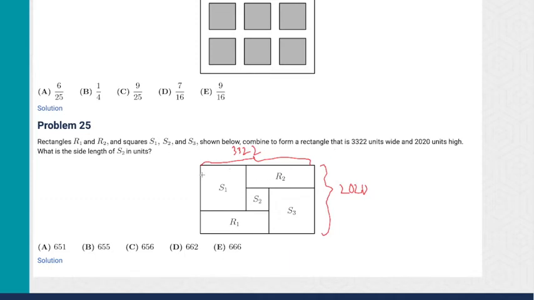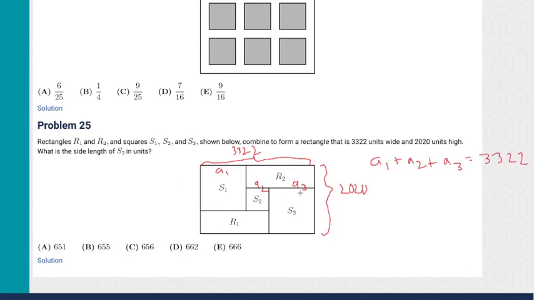Okay, so to avoid confusion, I'm going to name the side lengths of S1. This is going to be A1, this is going to be A2, this is going to be A3. So these are the side lengths of our squares, A1, A2, and A3. And now we know that A1 plus A2 plus A3 has to equal the side lengths, right? Because they line up perfectly to combine and give us 3322. So A1 plus A2 plus A3 is